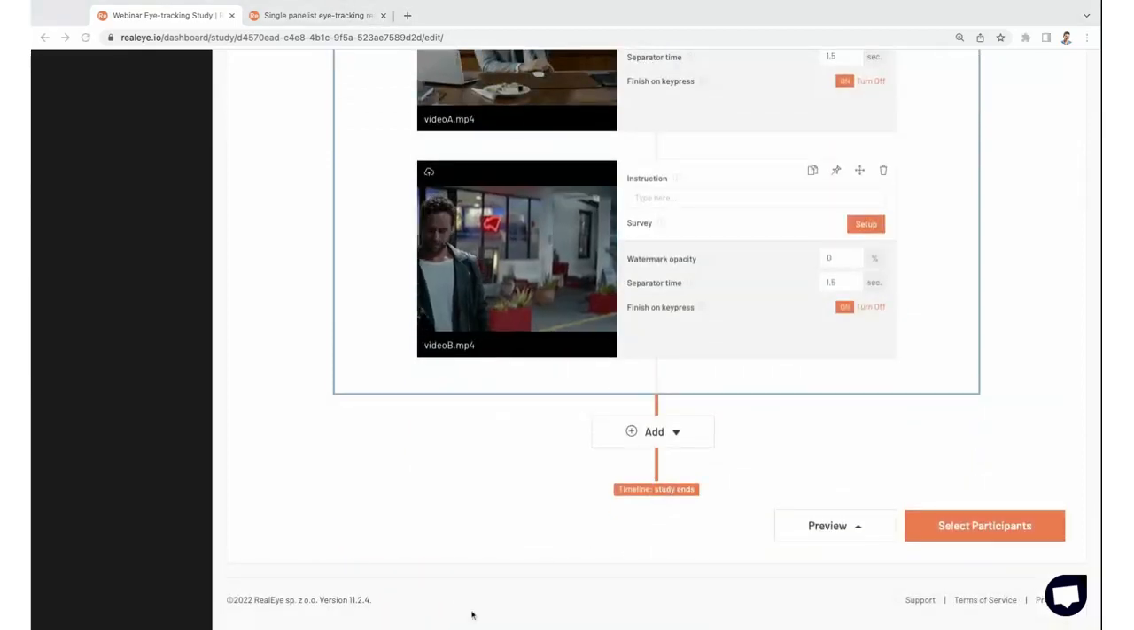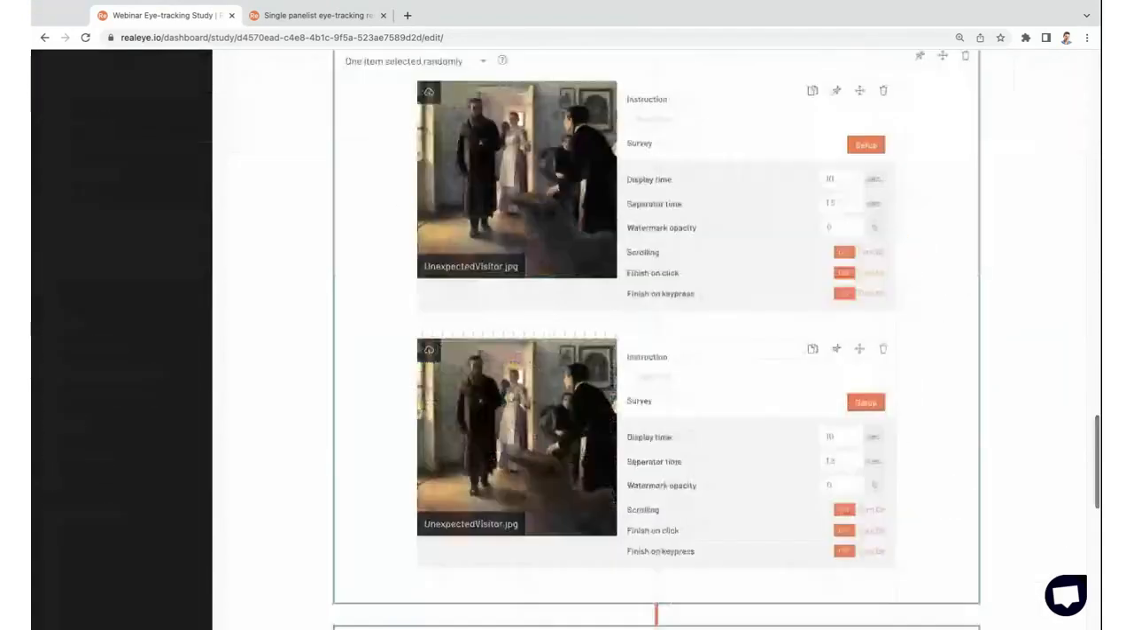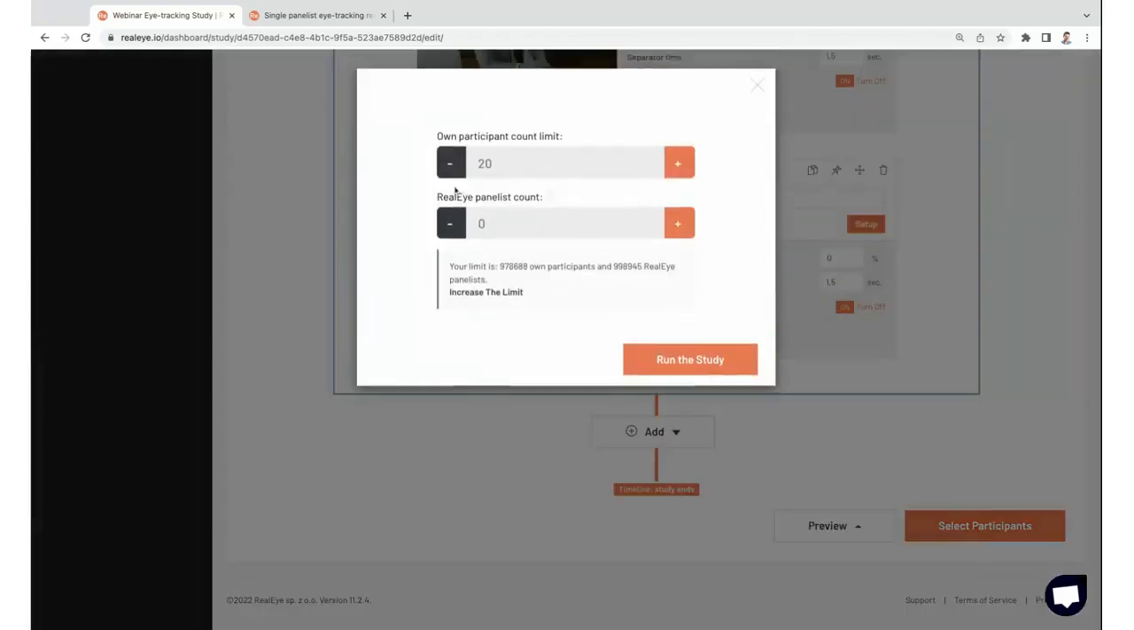Okay, it feels like the study is ready. This is exactly the same study as the one you just participated in. Right now I can either launch the preview or just select panelists. So let's say that I would like to have no more than 50 results in the study. And that's how the study dashboard